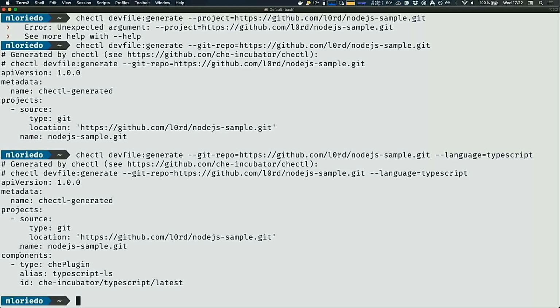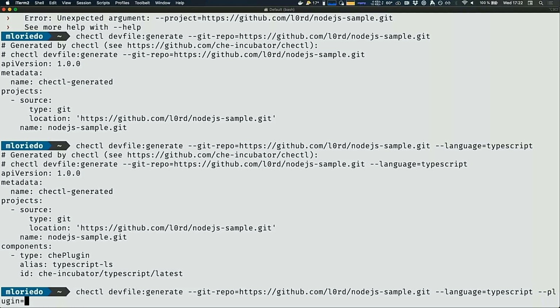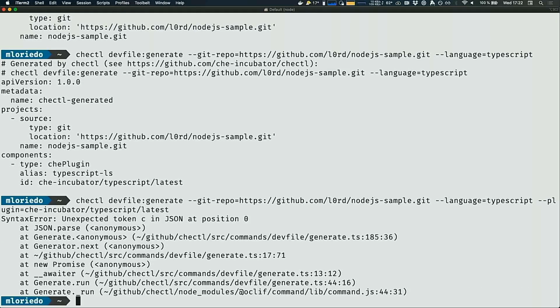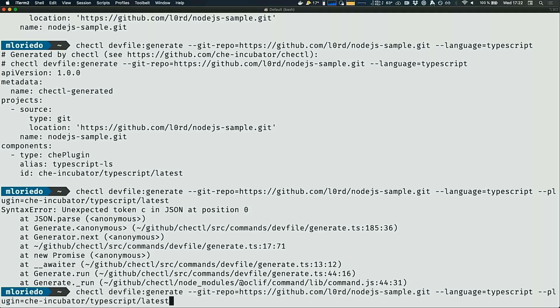So that will add me the component, and it's the TypeScript plugin. And I would like also to add a plugin that it's okay. Oh, sorry. There is something that I don't like.